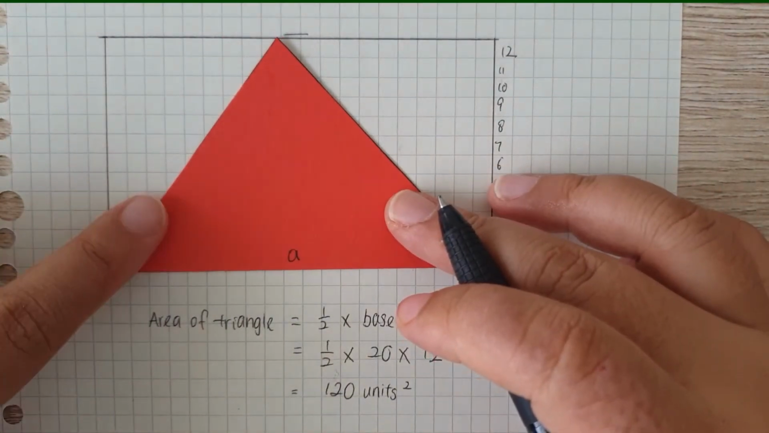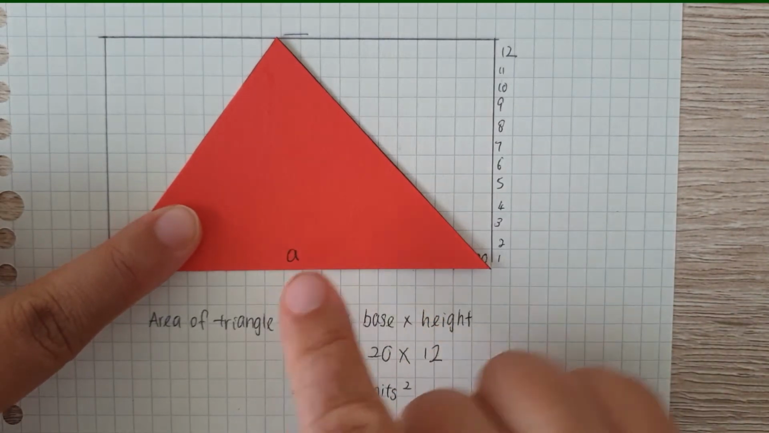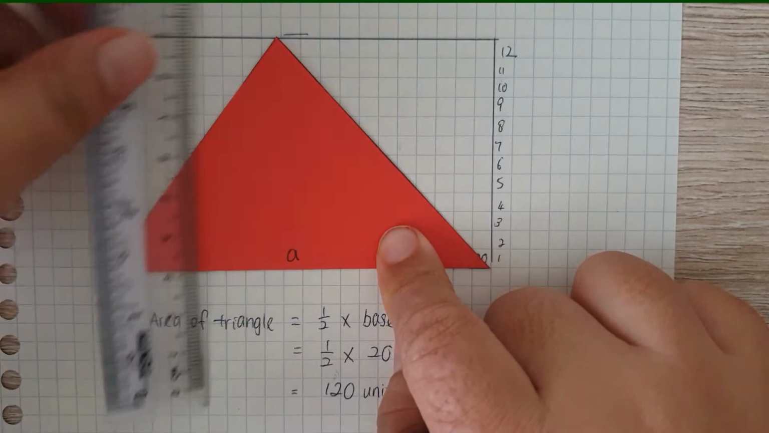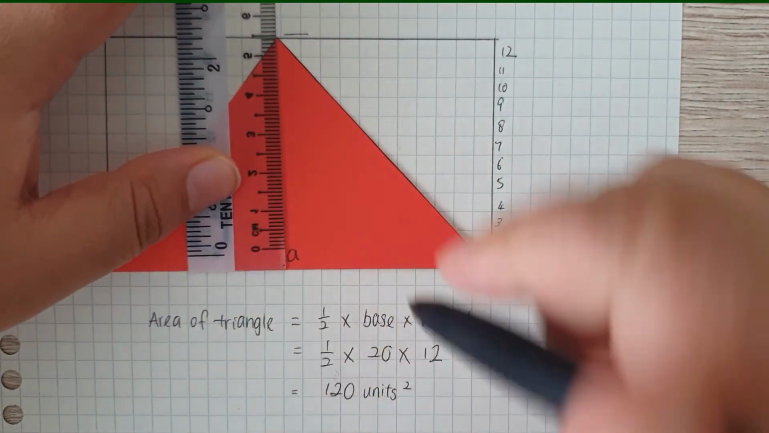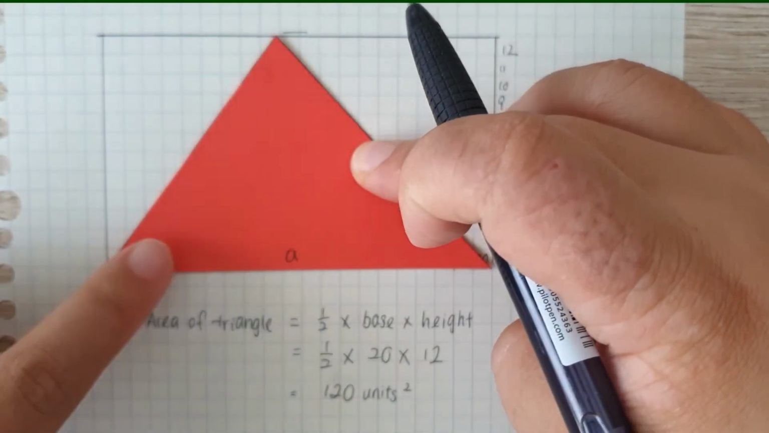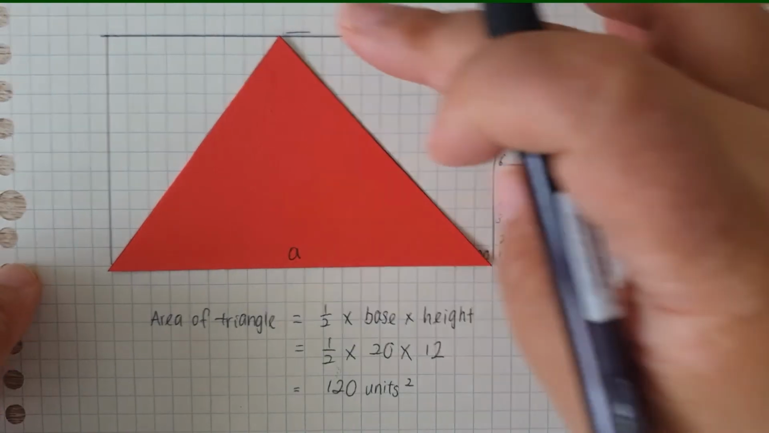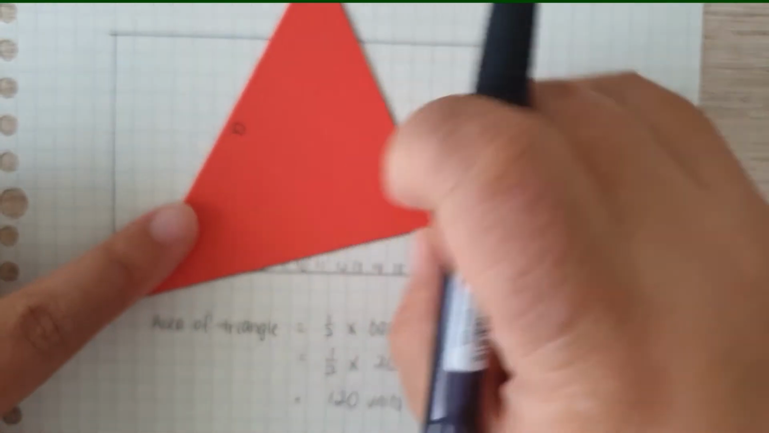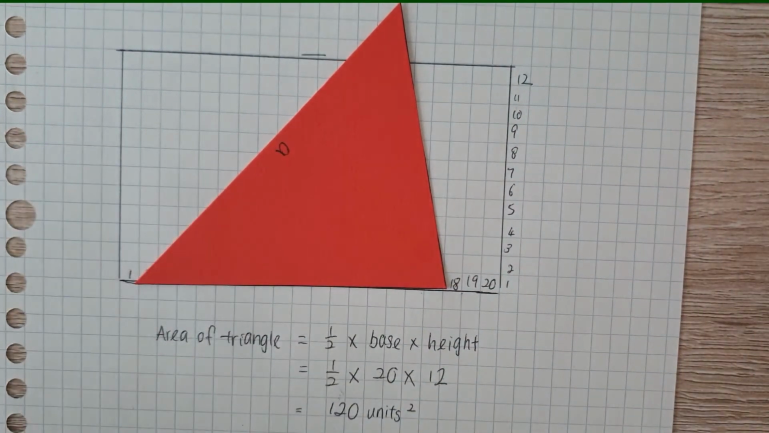Is it always the case that I have to use this side as the base and find a perpendicular line to the base to the highest point of the triangle as the height? It may not always be the case. I can tilt the triangle and use this as the base. How does it look? Let's